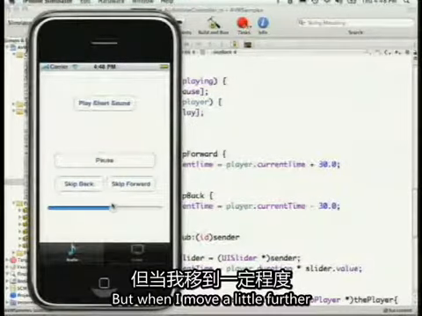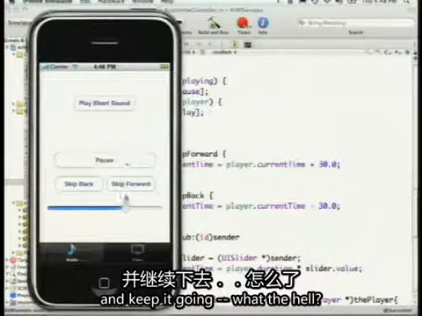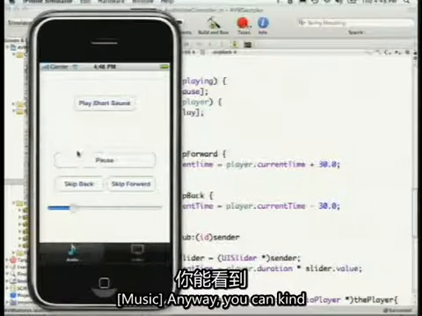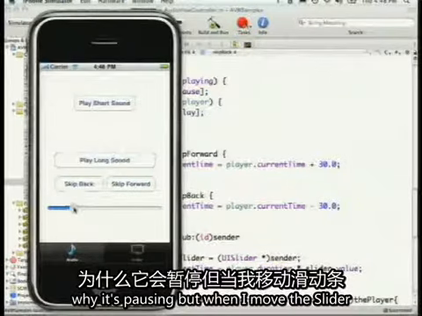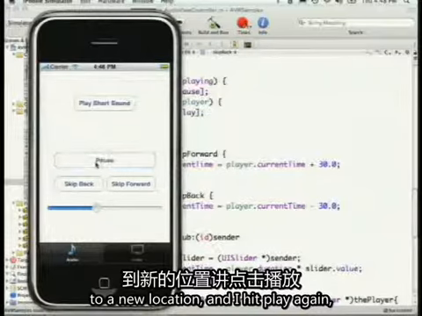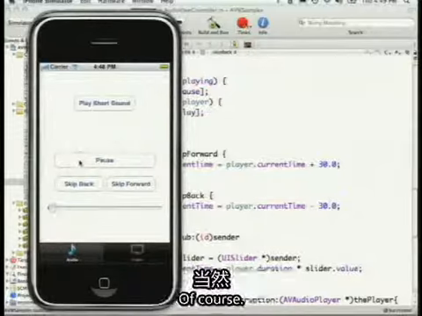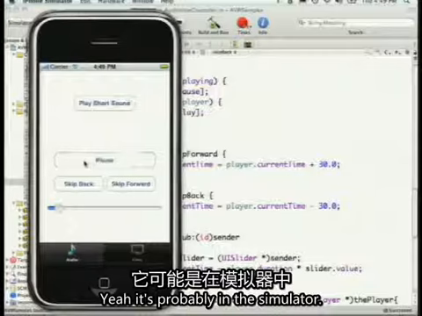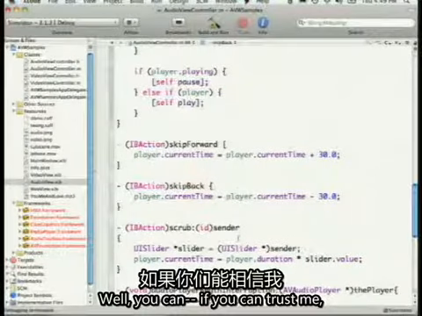And for some reason, it's pausing on us. But when I move it a little further and keep it going, what the hell? Anyway, you can kind of see. Don't know what's going on here, why it's pausing, but when I move the slider to a new location and I hit play again, it's at a different place in the song. Oh, come on. Problem with the simulator, clearly. Of course, it's a problem with the simulator. That's strange. All right. Well, if you can trust me,